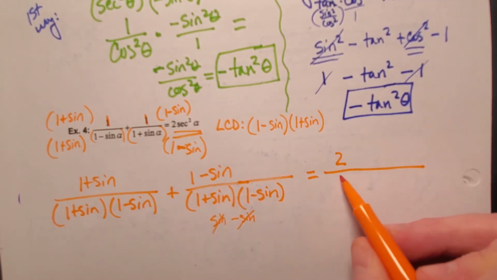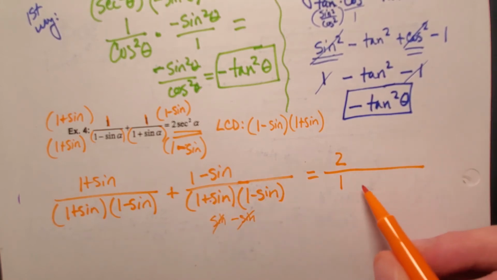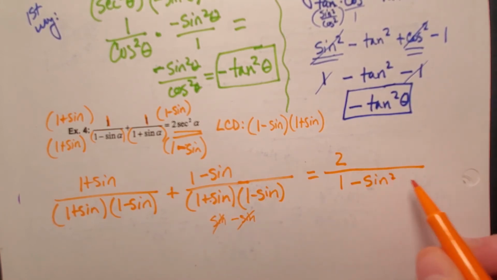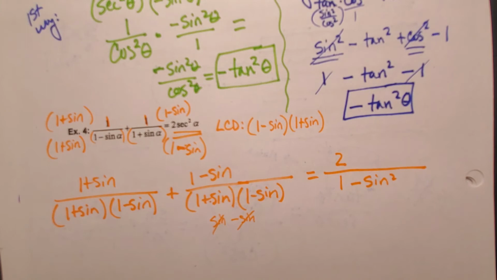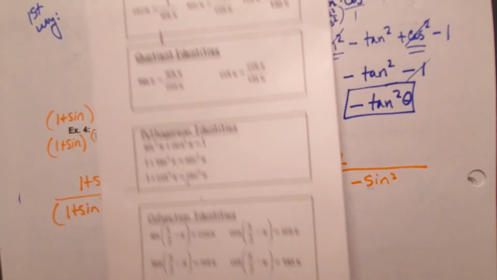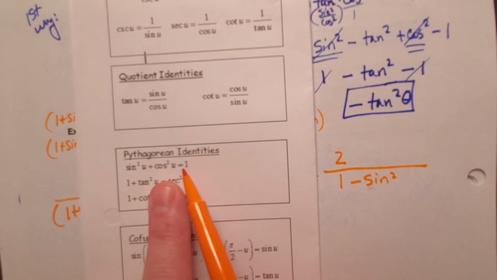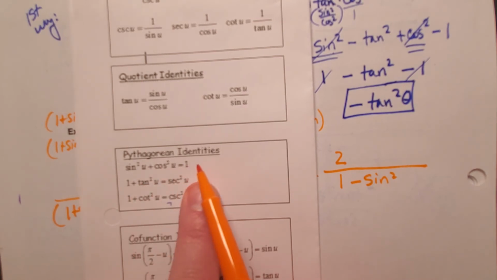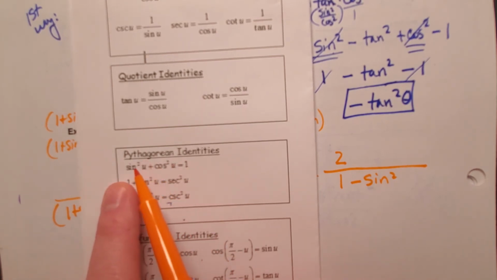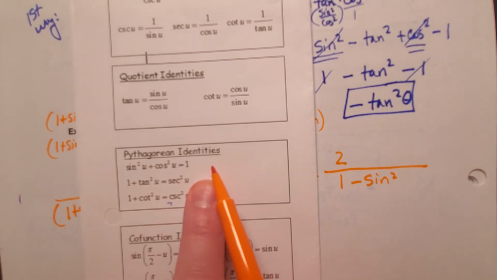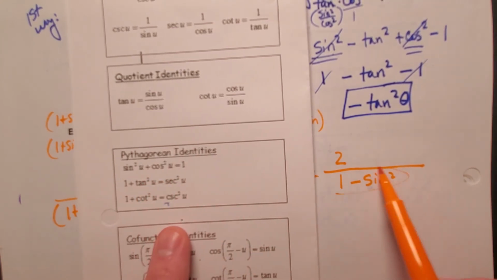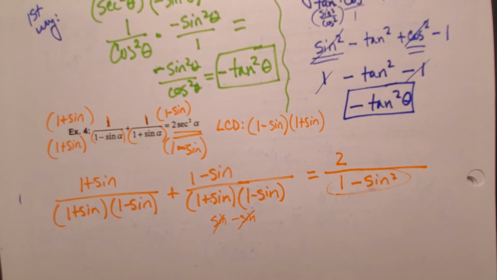So 1 times 1, and then sine times negative sine is negative sine squared. Now 1 minus sine squared is definitely going to fit one of our identities right here at the top of the Pythagorean identities. If I subtract sine squared to the other side, it equals cosine squared. So all of this is going to equal